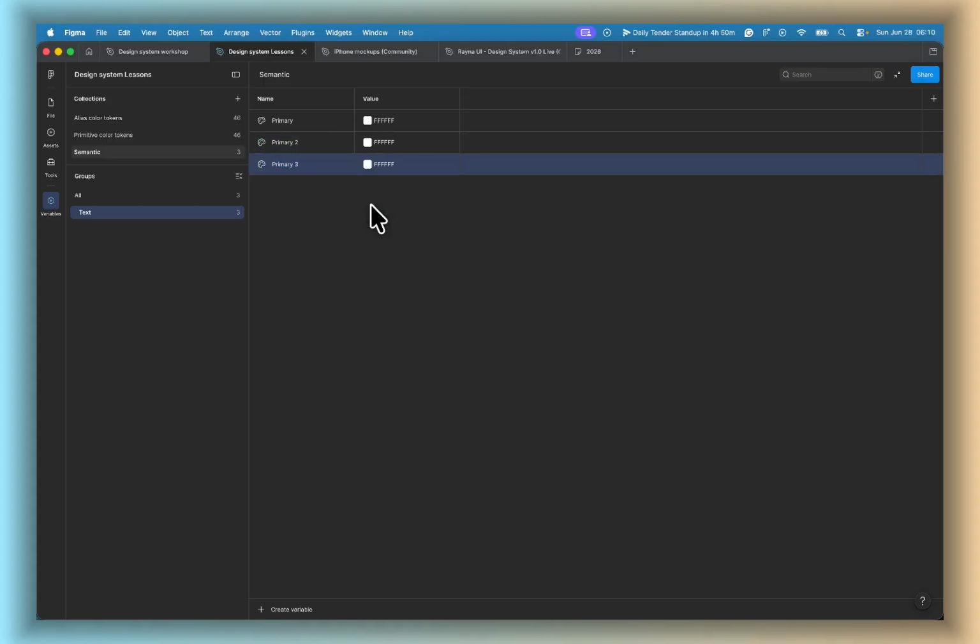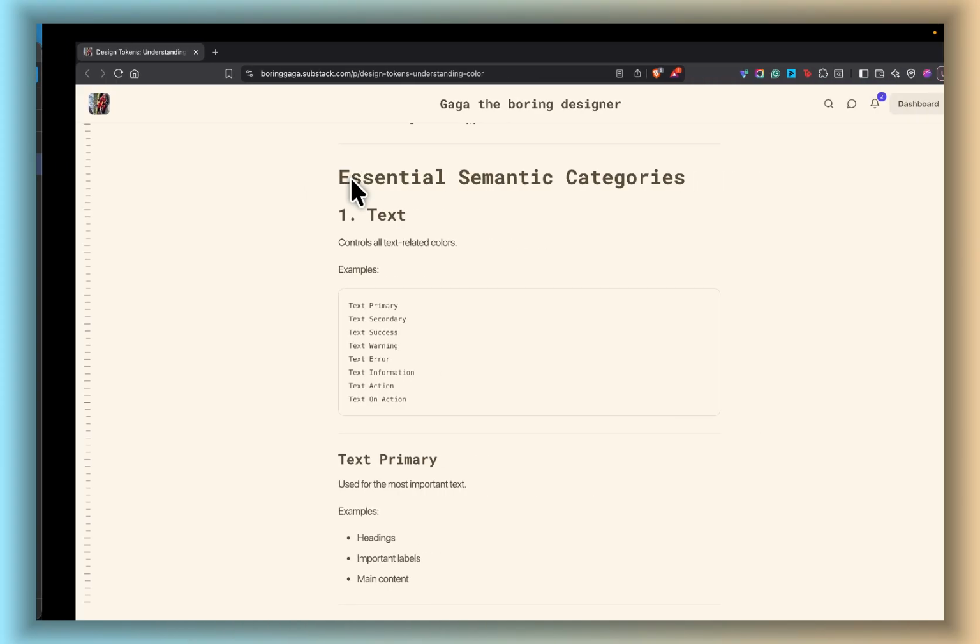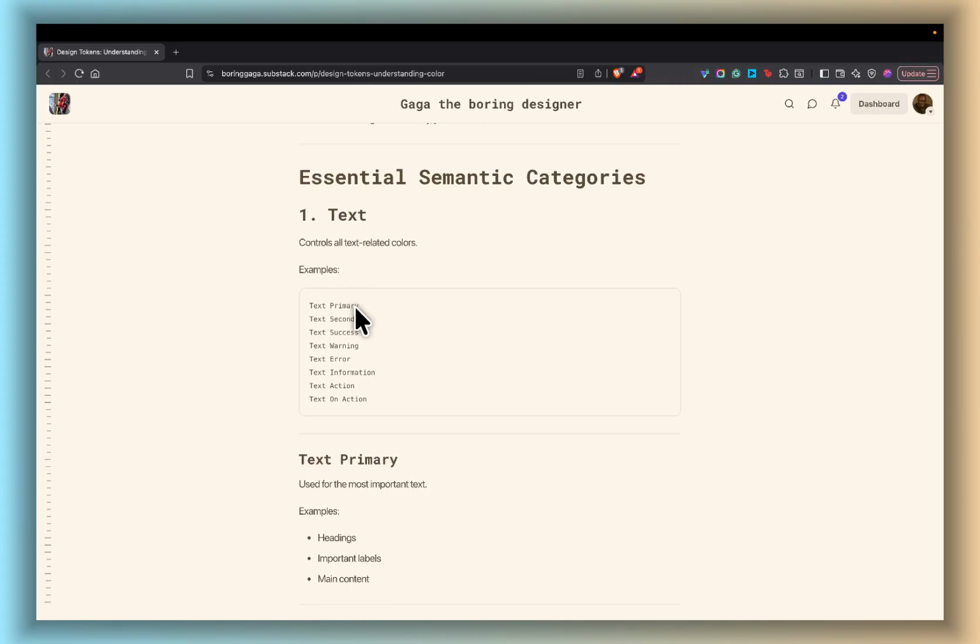Duplicate variable. The shortcut is not working anymore. Okay. Anyways, so primary,